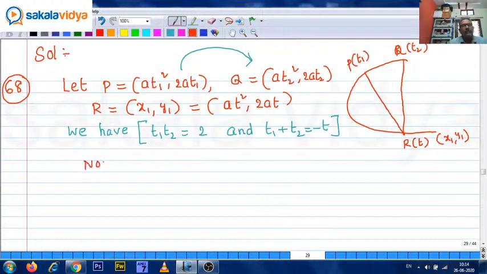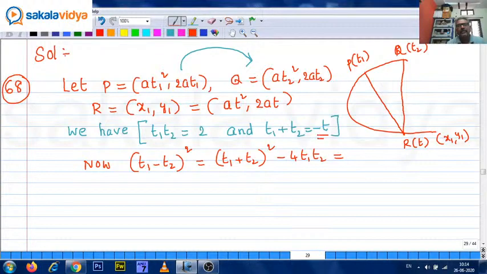So now find T1 minus T2 whole square, because it will be part of the square of the distance PQ. This we can write as T1 plus T2 whole square minus 4 T1 T2. So T1 plus T2 is equal to minus T, this is T square. T1 T2 is 2. So this will be T square minus 8. Okay. Let us find out now